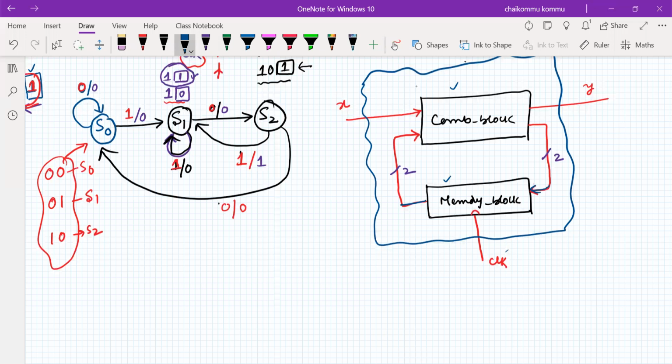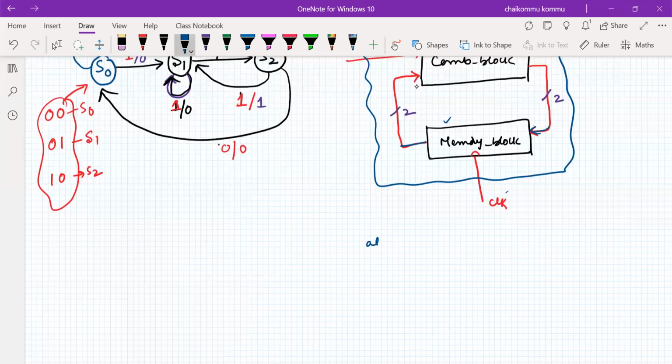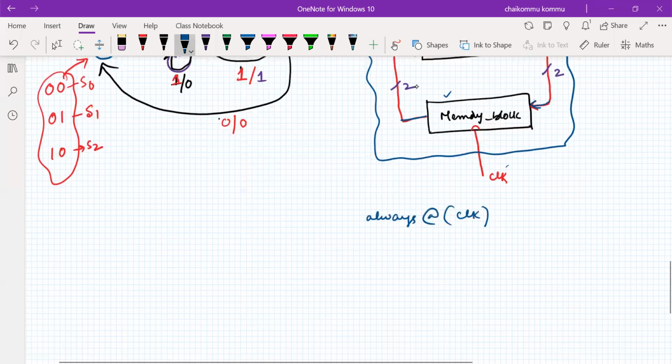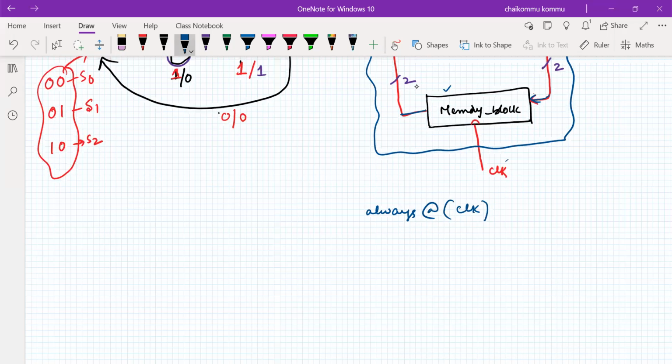So therefore what I can simply write is one always statement. I'll write one always statement that depends upon the clock signal, right? So simply we can write a D flip-flop notation, but we have to write the size of this one.